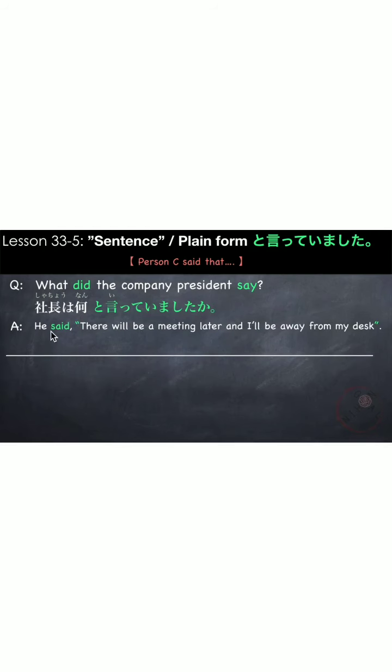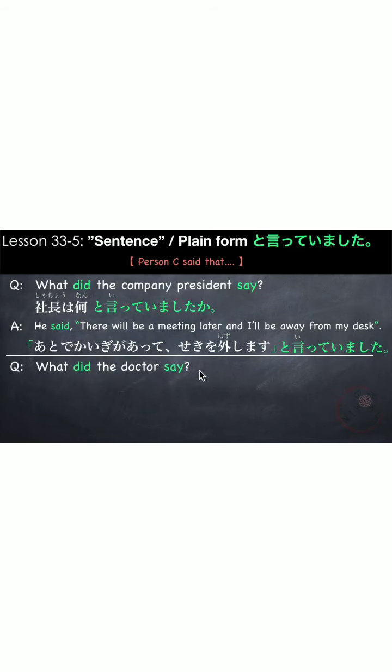And then person A might have said, he said, quote unquote, there will be a meeting later and I'll be away from my desk. So here is the exact words of person C or the president. 後で会議があって席を外しますと言っていました。